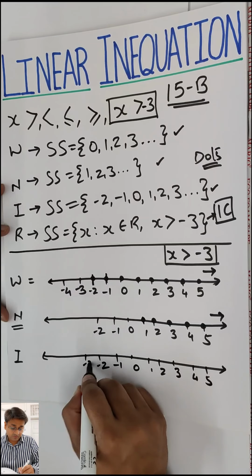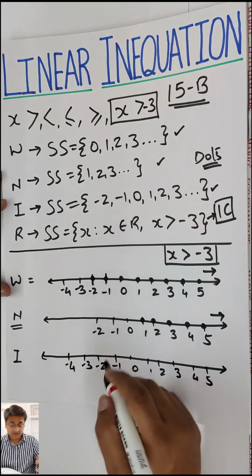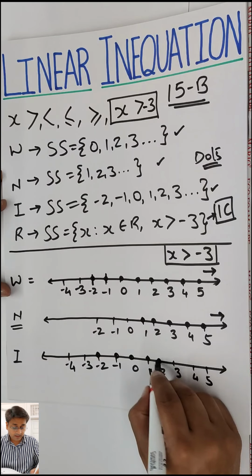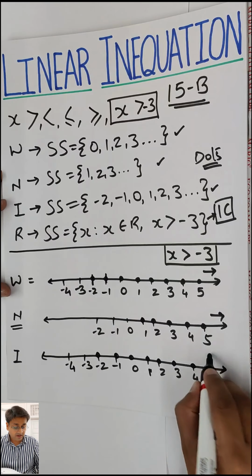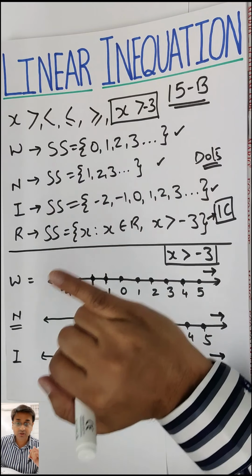Negative 1, negative 2, negative 3, negative 4. Starts from negative 2 and goes till infinity. So negative 2, negative 1, 0, 1, 2, 3, 4, 5 and infinity, so arrow. So are we clear at least with these three, that is whole numbers,